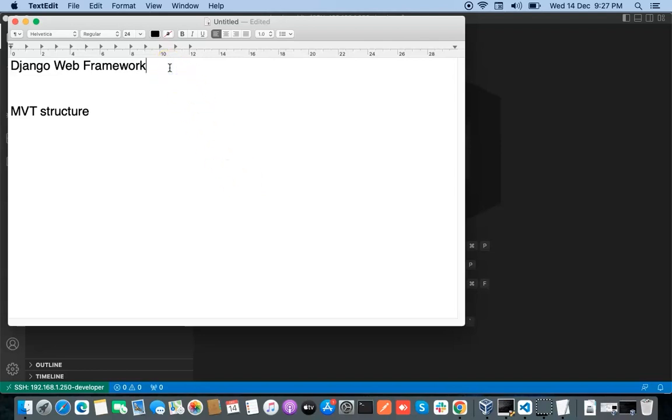So regarding Django, I can say Django is one of the most popular web frameworks and it is widely used in creating small and big sized websites, and basically it has MVT structure. Here M is model and V is view and T is